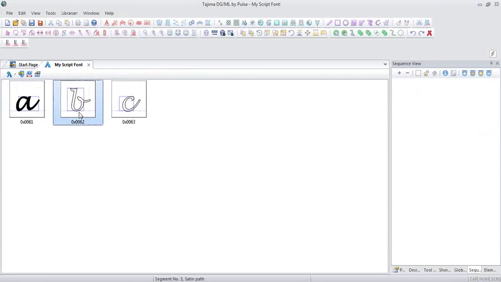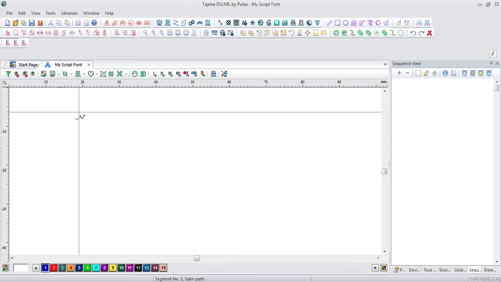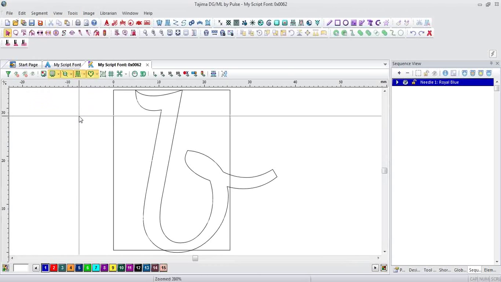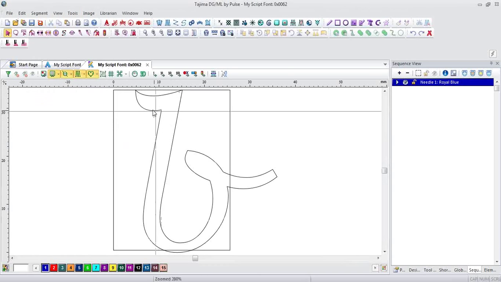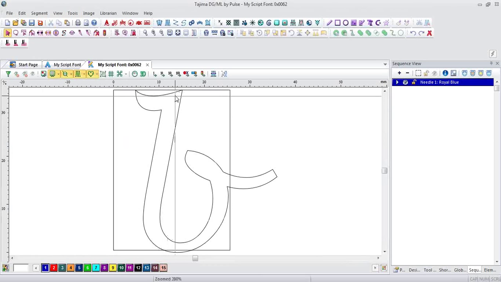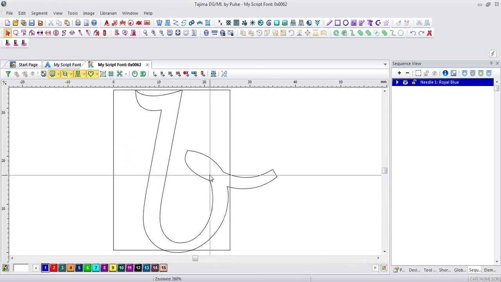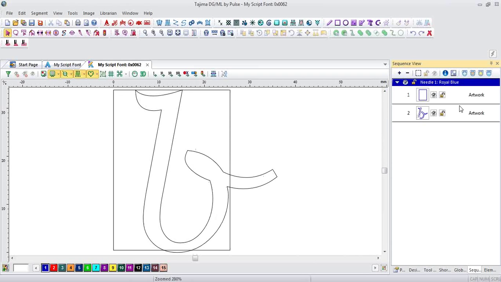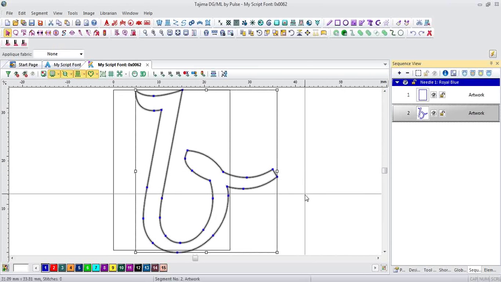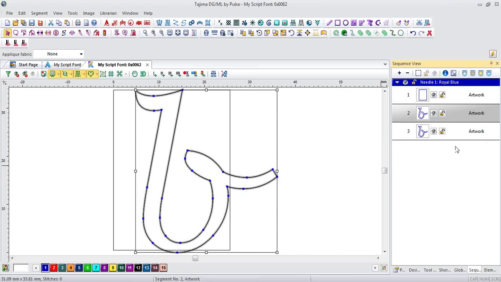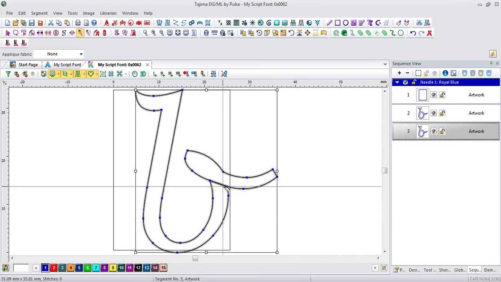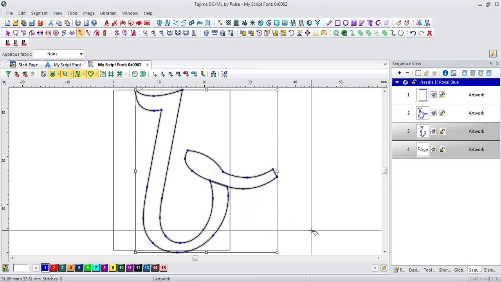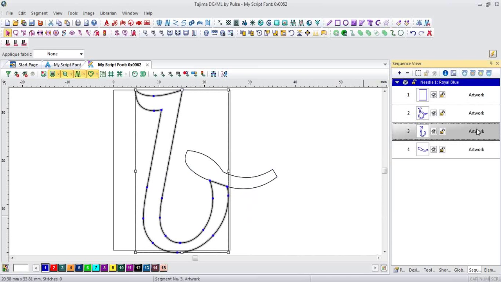Let's work on letter B. Letter B, let's see, we would like to turn the angle here. I will slice it here in order to make 2 pieces of satin columns there. Copy and paste. Work on this one. I'll slice this piece. Control K to break it apart